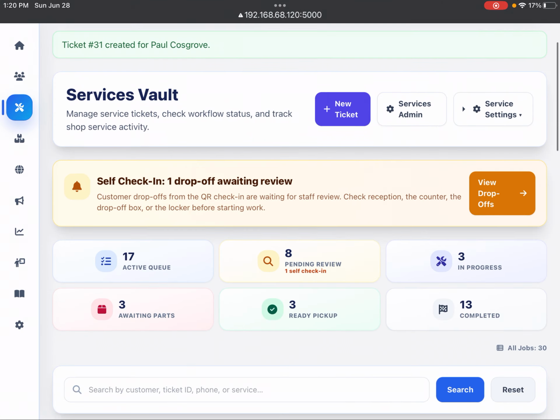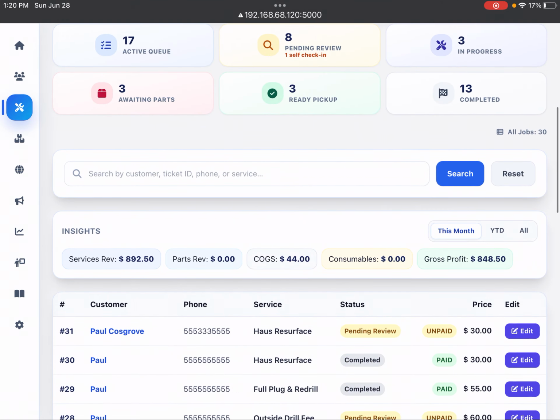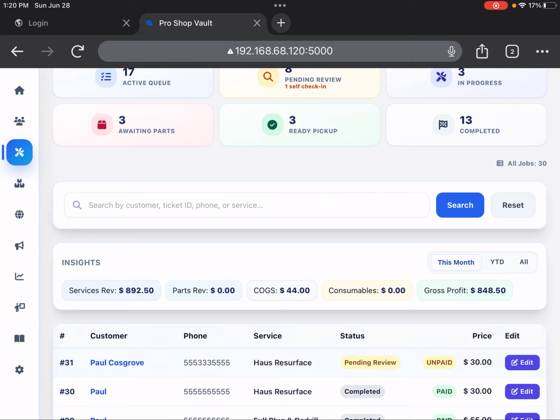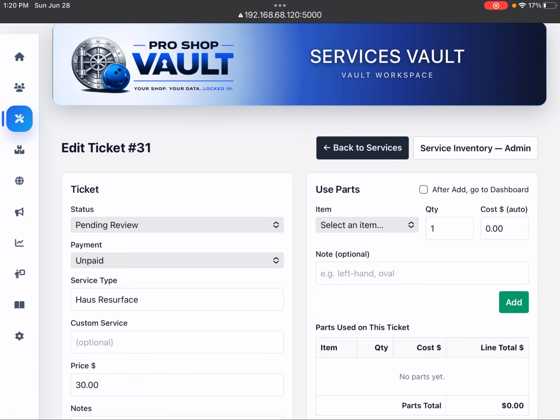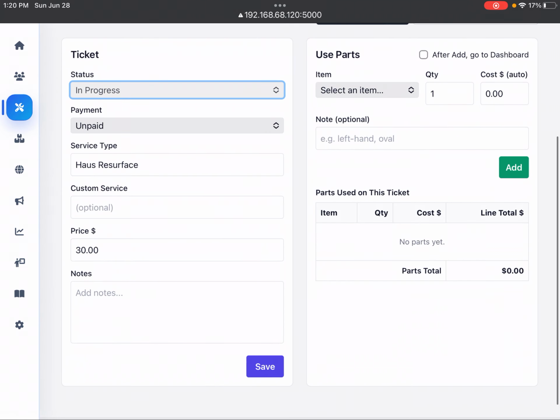Once the ticket is created, it will appear on the dashboard as a new ticket, and there it is there, the house resurface, and it says pending review. If something is pending review, all it means is you've checked it in, but you've actually not started any work yet. So when the time comes to start doing that particular service, you would just go onto the edit key, go into here and change the status from pending review to in progress, for example. You save that, and